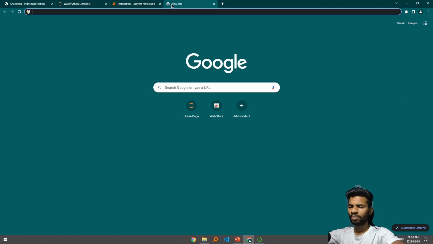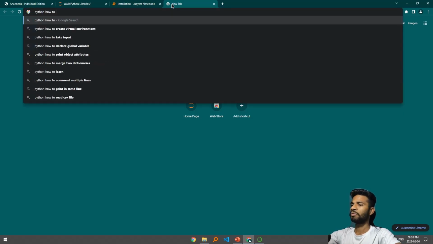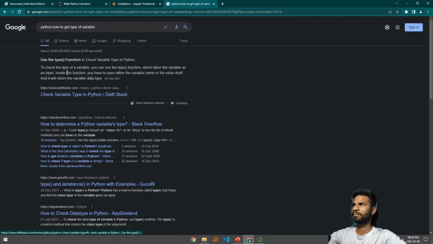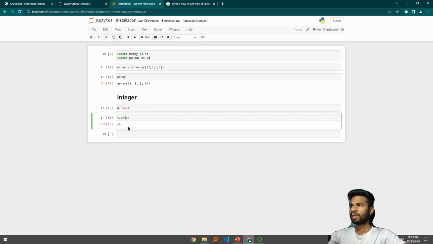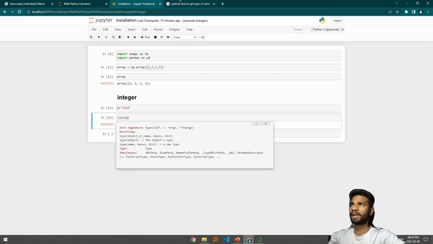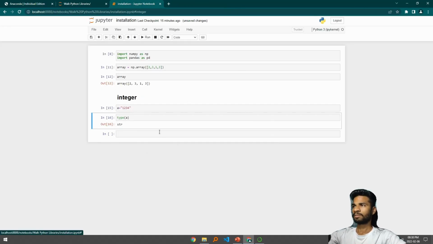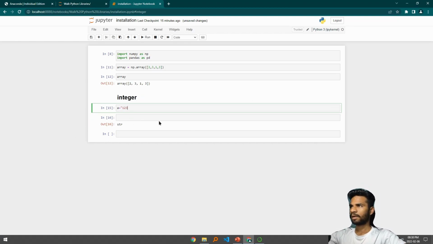Like what would you do in a normal scenario? You would search Python how to get type of variable, and it would yield the same thing, that the type function is used to do this, and this also results in the same thing. So the hassle of going and finding things is cut short in a few steps. So this is a string, and we have seen the numbers, and now we will see what is